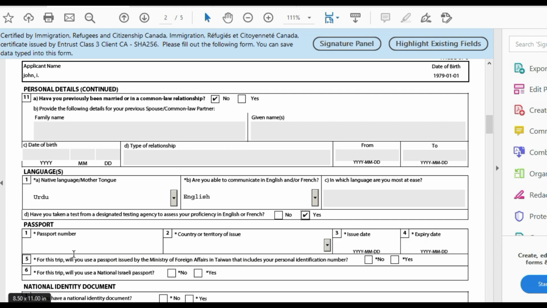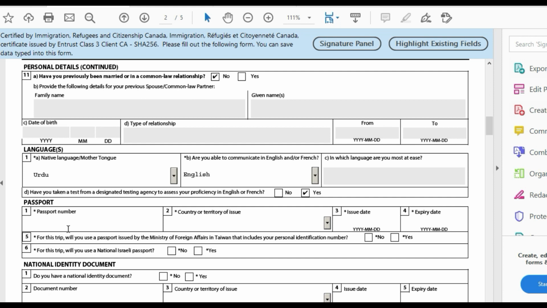Next, you have to write down here your passport number. Issued from where? Pakistan. Then the issue date and expiry date.